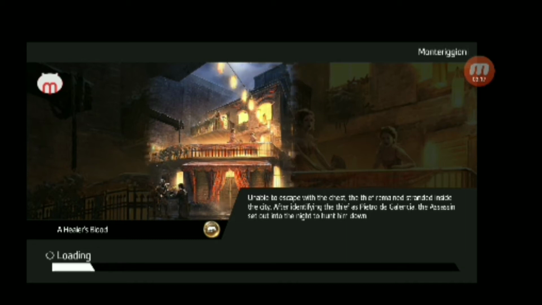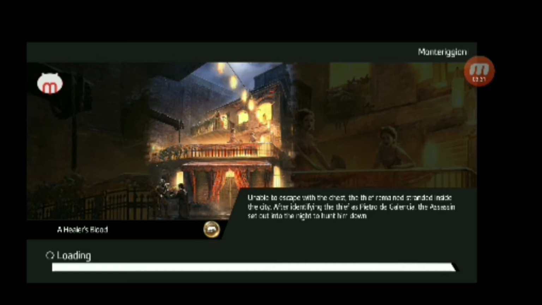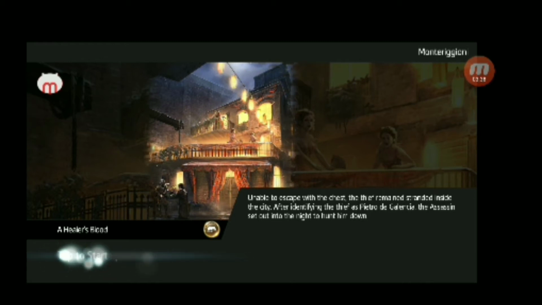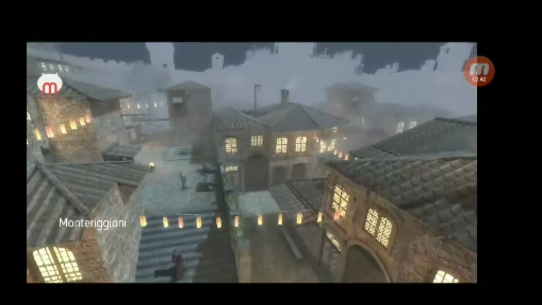With this technique you can play the game very well, but you can't control the menu screen. In the controller issue also you can't control the menu screen, but in this technique you can play the game very well. You can see the game is starting.